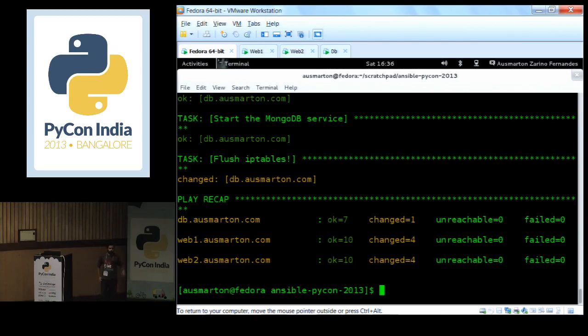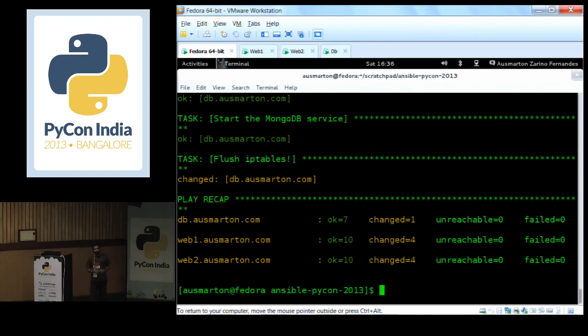So the central server which runs Ansible itself needs to be a Linux or Unix based system, because it depends on things like the Python API and SSH. You can get it running on Windows or other systems, but mostly it's recommended to run it on a Unix based system. And the managed instances need not have anything extra.